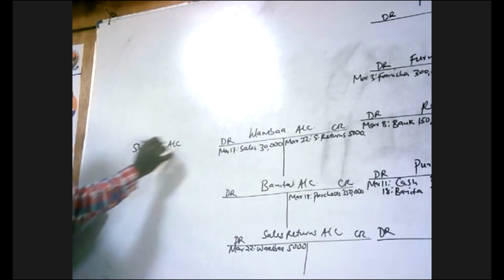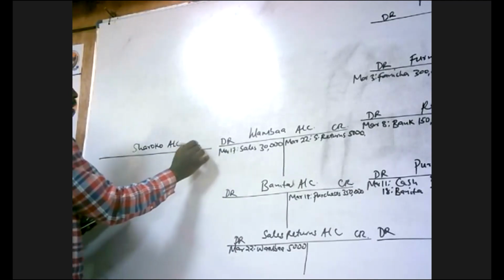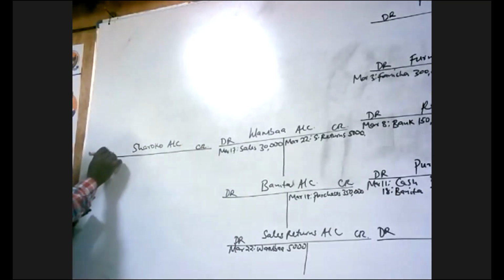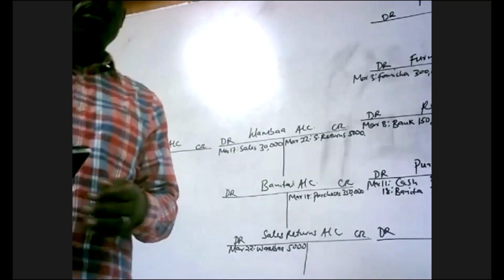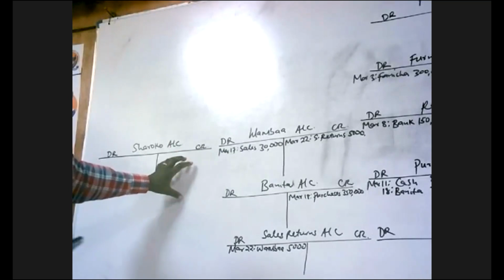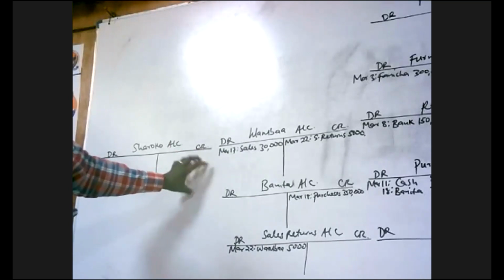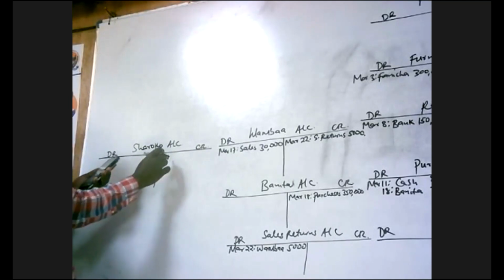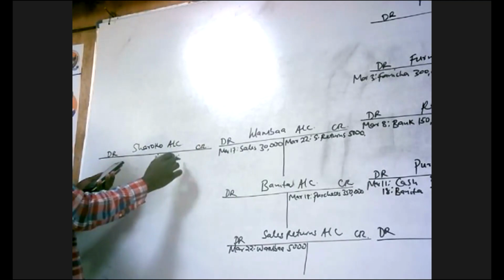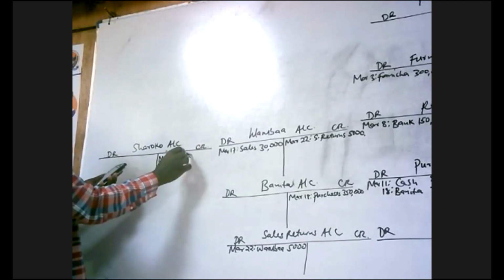Sharoko account. This is a liability. Anytime you borrow, the person from whom you have borrowed is a liability and should be credited. So you come here and you say this is March 24, what we borrowed or was deposited in the bank,